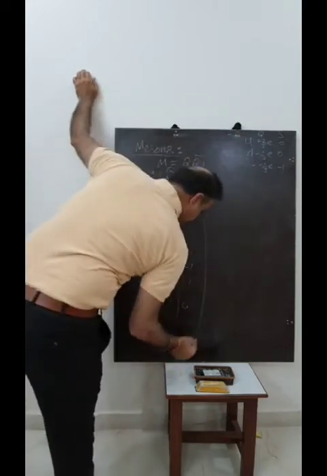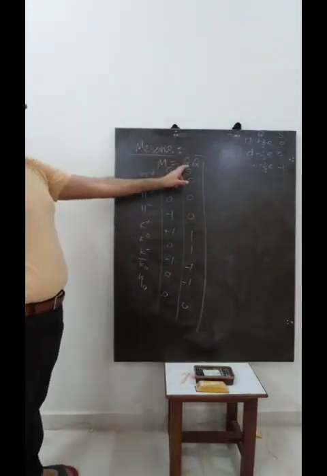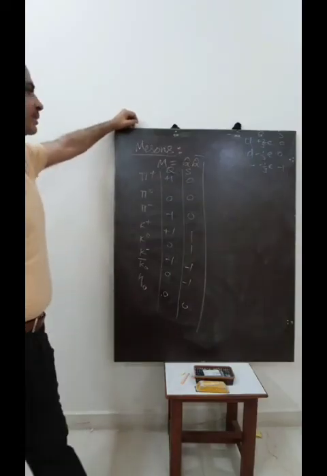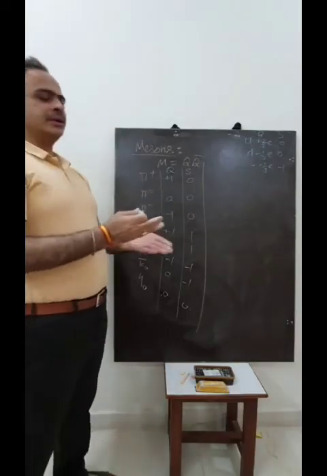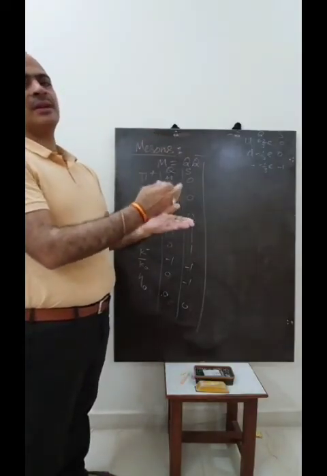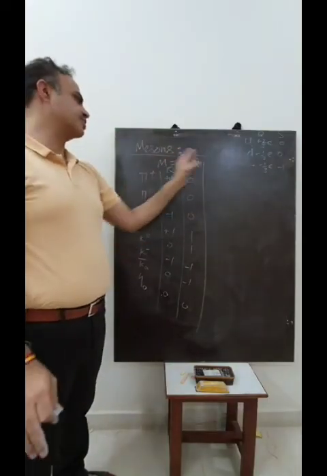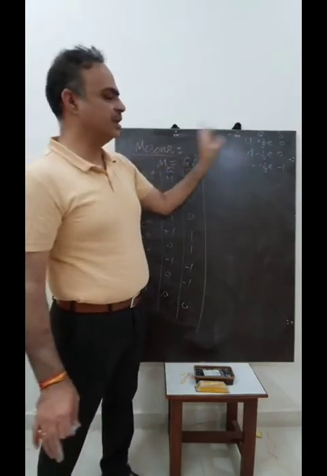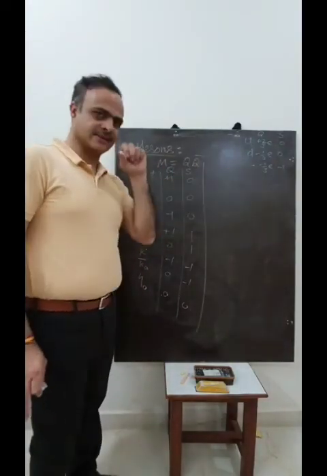Now we have to form these by the combination of Q and Q bar. So you have to construct pi plus. How can we make pi plus? If we take d and d bar, d has charge minus 1 by 3 and d bar has plus 1 by 3, so they cancel out, charge becomes 0. So we have to make charge. One thing, S is 0, so we have to use only U and D. We cannot use S.